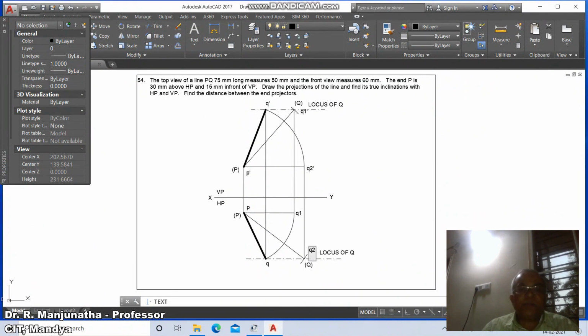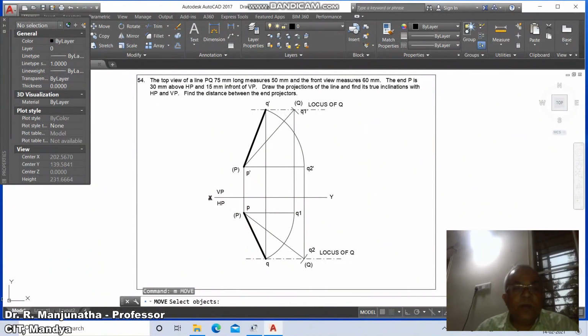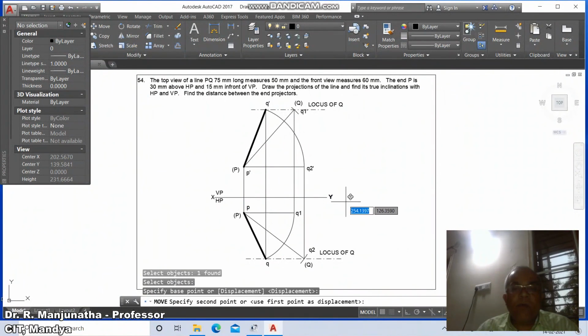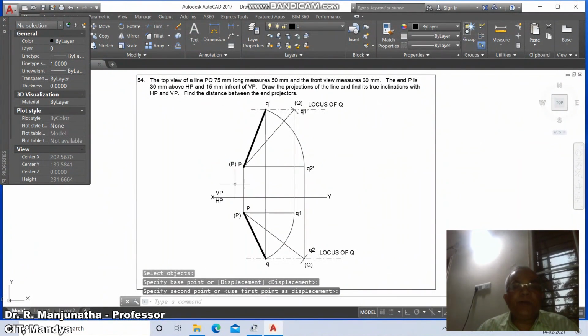Then go to move, and move X, VP, HP, and then Y. Then go to move P dash here, and go to P and place it here.